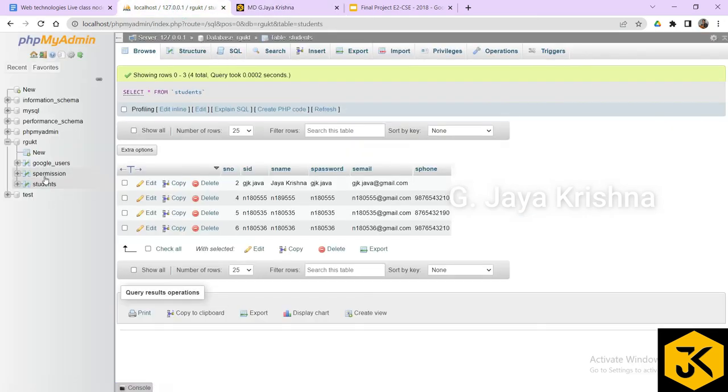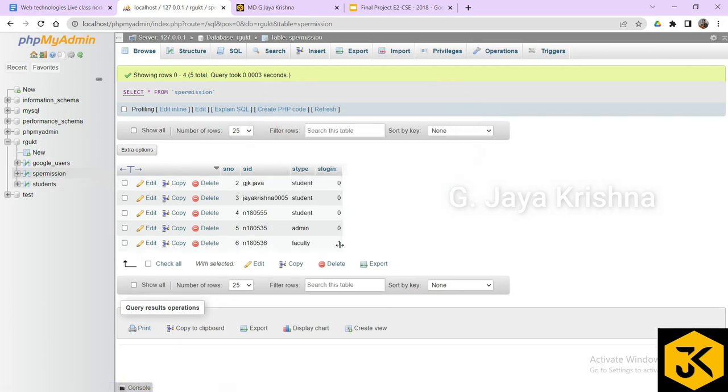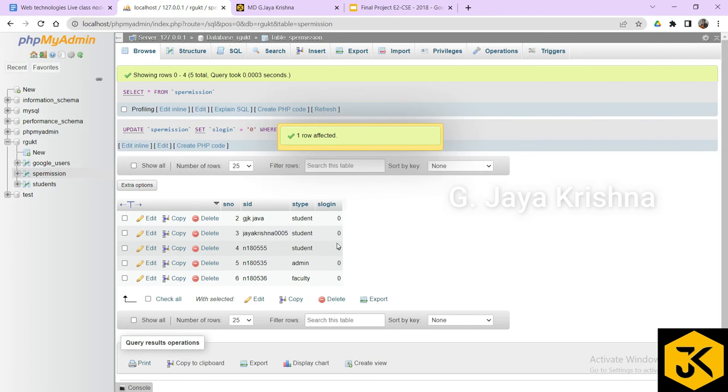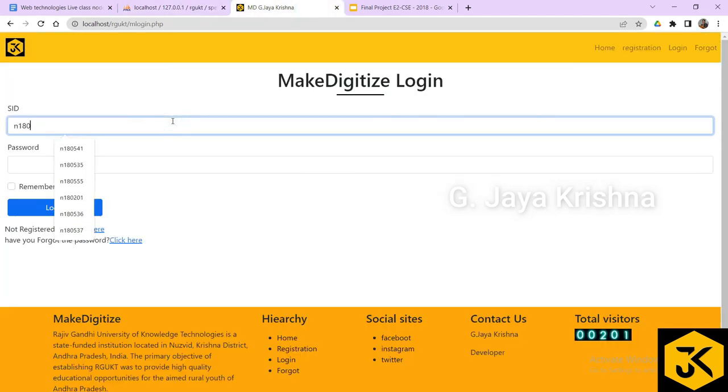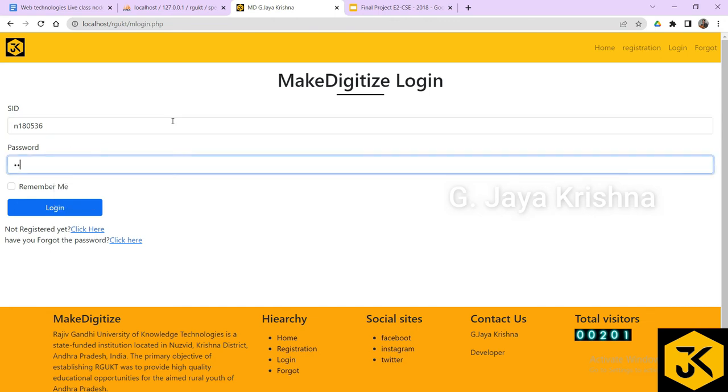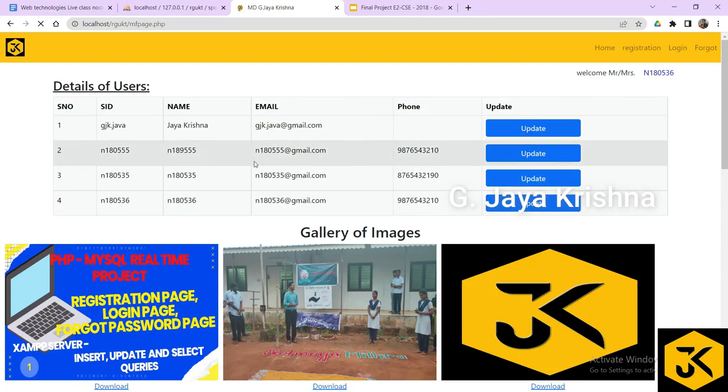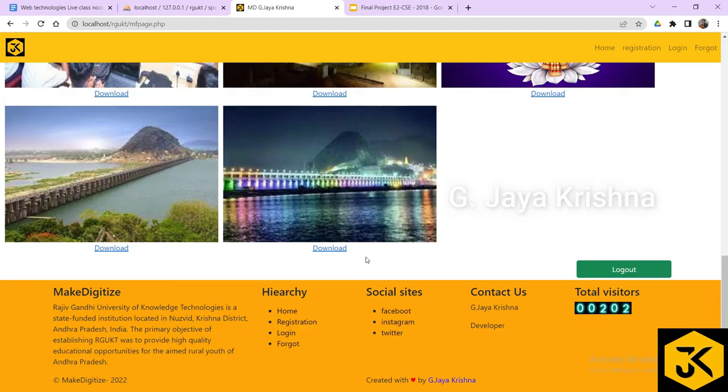That's why I'll go for S permissions. In these permissions, I will remove the login feature as 0. I will make the login feature 0, and I will try to login once again. N180536, N180536. I'll click on login. Now all the data I'm getting. Now here I have an option of logout,